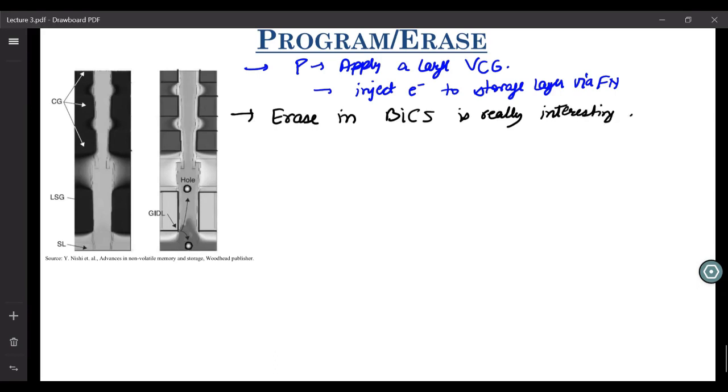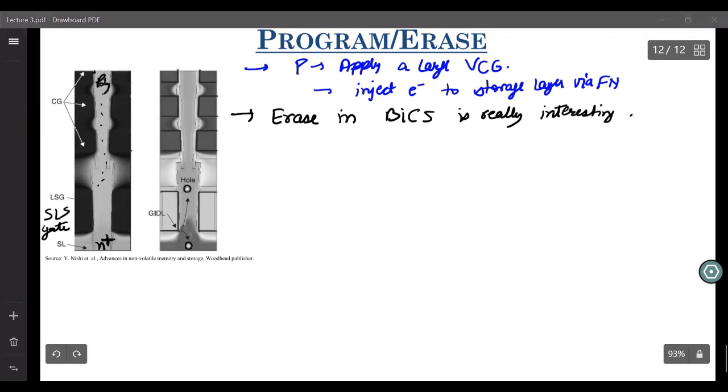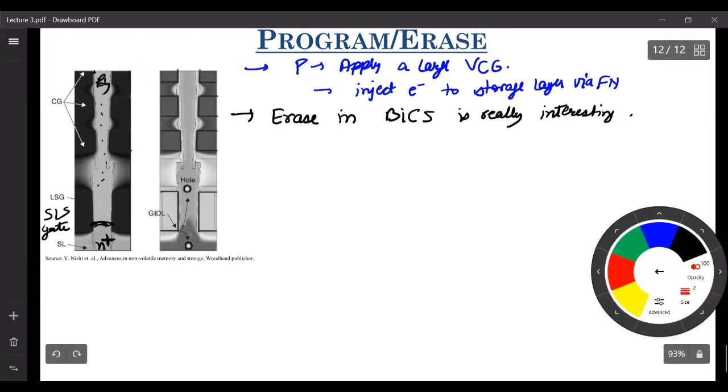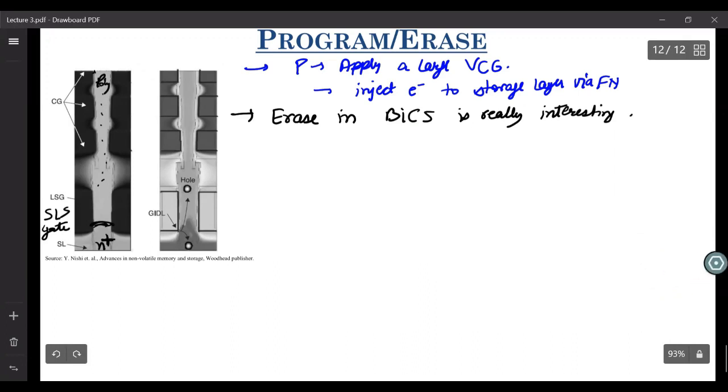Because if this is your polysilicon, let's say this is your polysilicon channel, which is flowing through all, and here you have your source line selector gate, and then here you have the common source line, which is n plus. So here you have n plus, and this n plus doping will reach till this part. So you have this n plus doped common source line. This is your undoped poly.